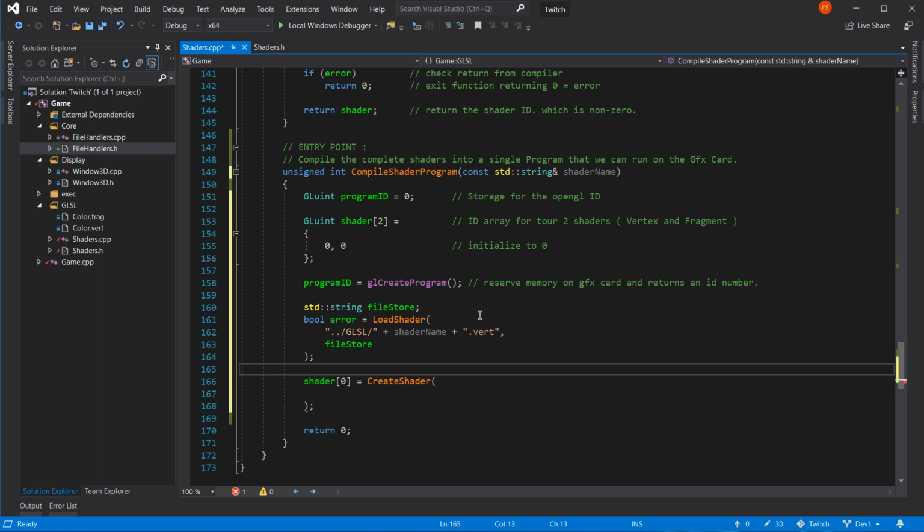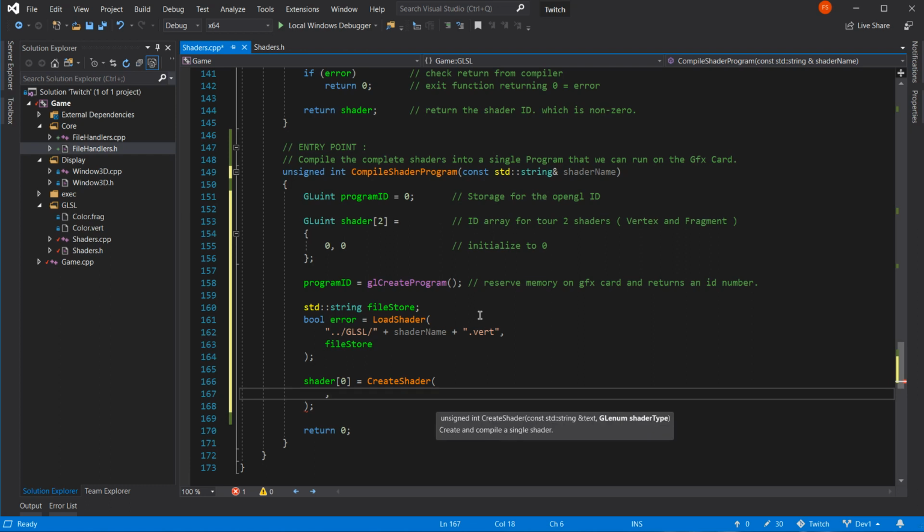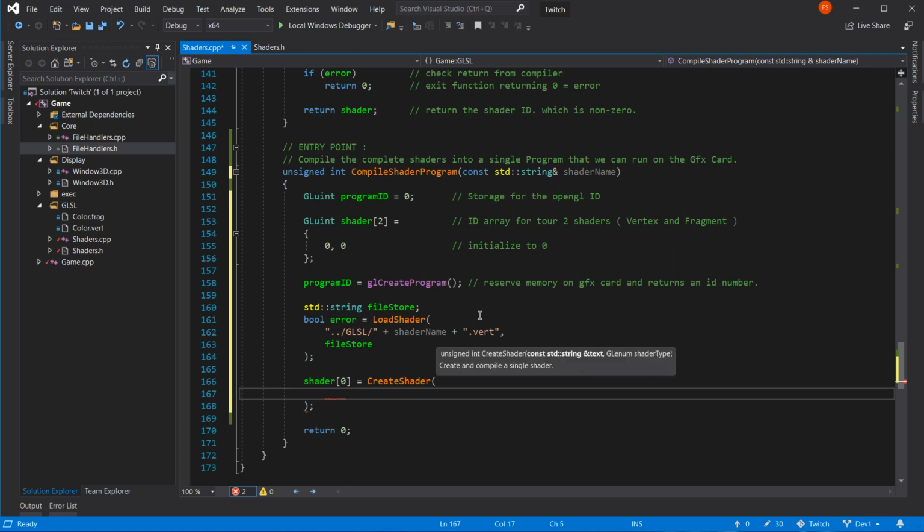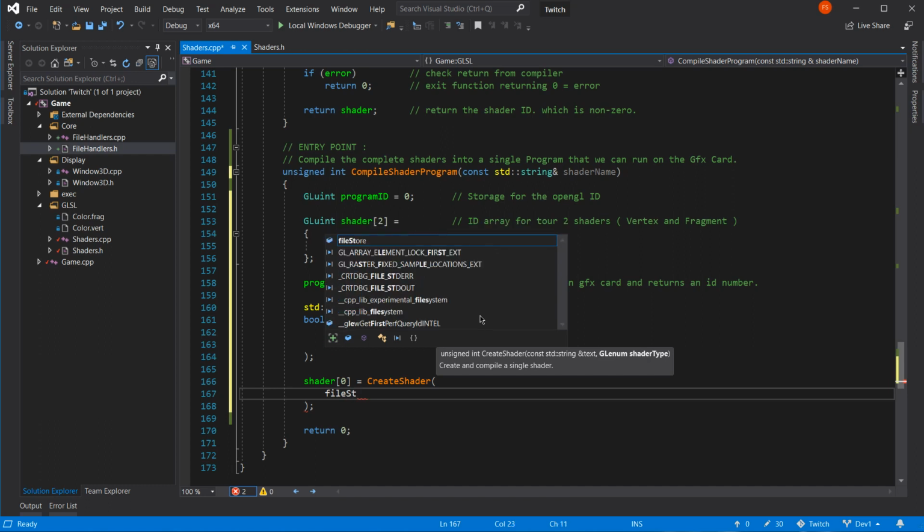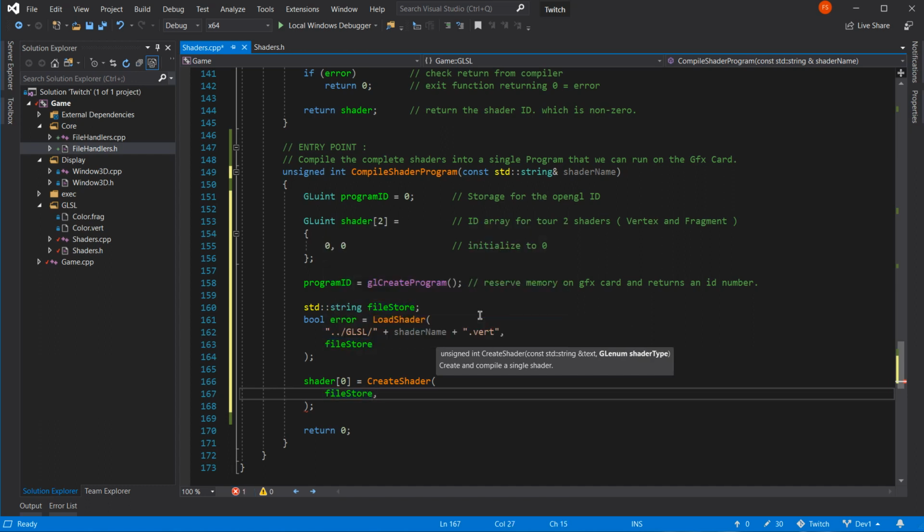So now we should be able to create the shader, can we? I've got a file store as a standard string. So what do I need for this? Const standard string text, which is file store, comma,